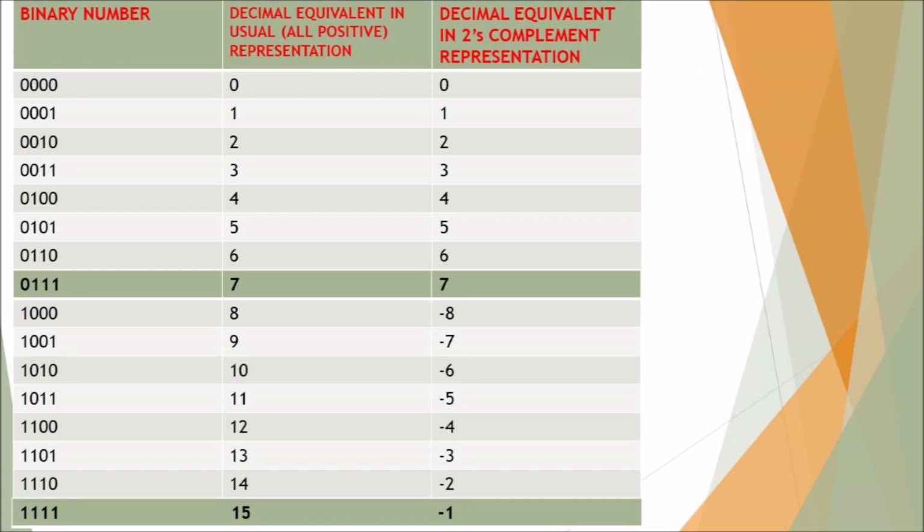Here you see the tabular column for the binary number, its decimal equivalent positive number, and its 2's complement representation. Normally we can represent the decimal numbers from 0 to 15 in the binary system by a 4-bit combination ranging from 0000 to 1111. So all of these are positive numbers. Whereas in 2's complement, we use the 16 combinations to represent 0, the positive numbers from 1 to 7, and the negative numbers, that is minus 1 to minus 8. That is given in the table.